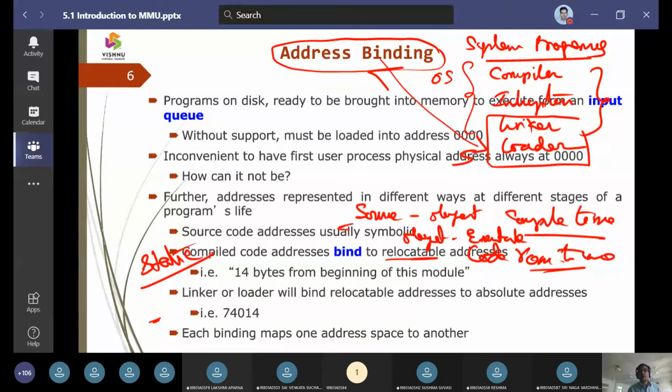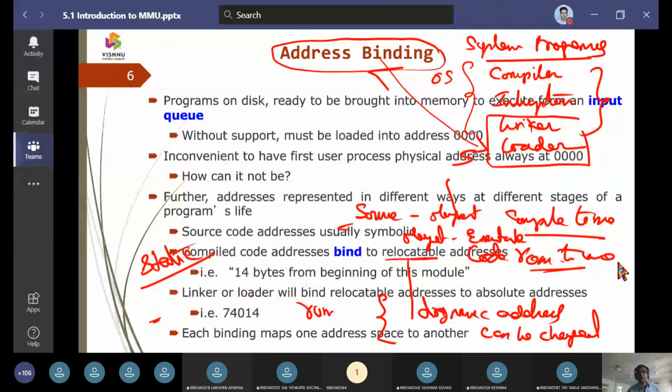But if it is relocatable addresses, then we call them dynamic addresses, and they can be changed, they can be upgraded, and they can be done at any time. That means dynamic binding is done at runtime, whereas static is assumed to be at compile time. Fine. So we talked about address binding.